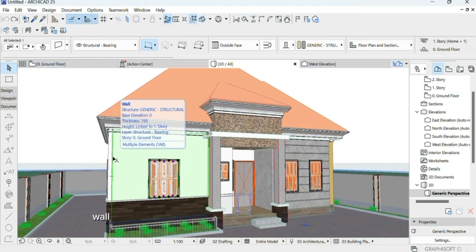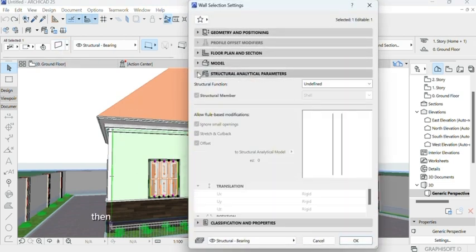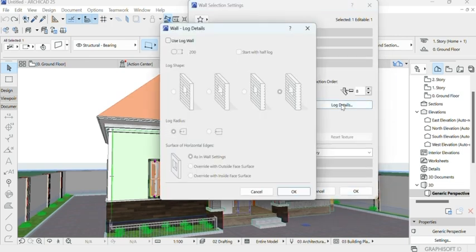So you select your wall, come to the dialog setting, then you have its model. Click on the log details. The different wall groovy designs are not yet activated because we are yet to activate it. To activate it, click on use log wall. One of these designs is already activated. So I can go with this,